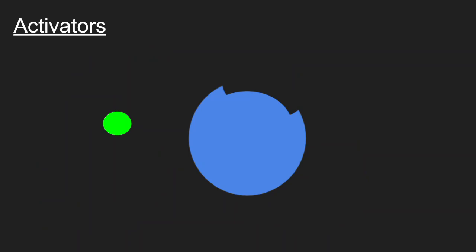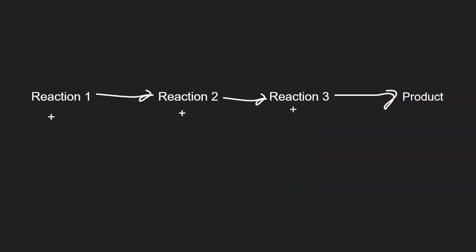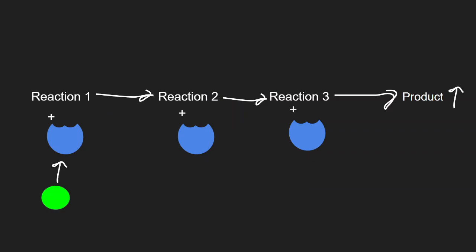So next we have activators. Activators are, I like to think of it as just the opposite of inhibitors. They're molecules that can bind to an enzyme and help activate it so it can get started and assist in doing its function. So a question format that I saw a lot when taking this course was you would have